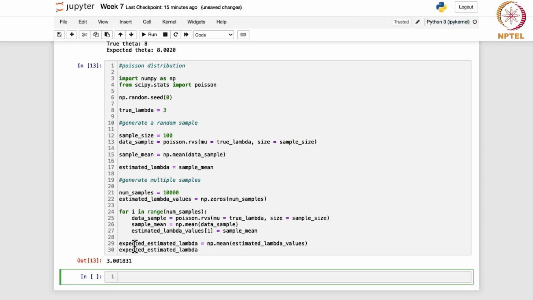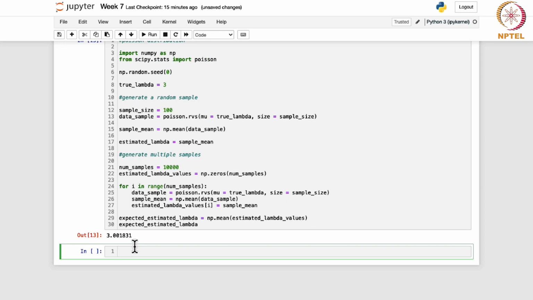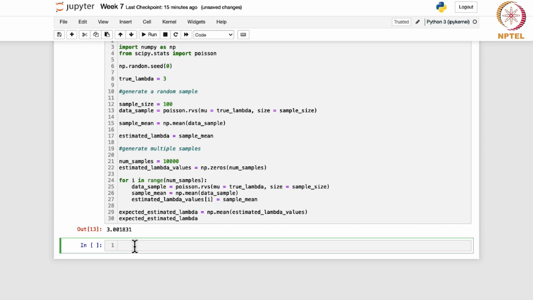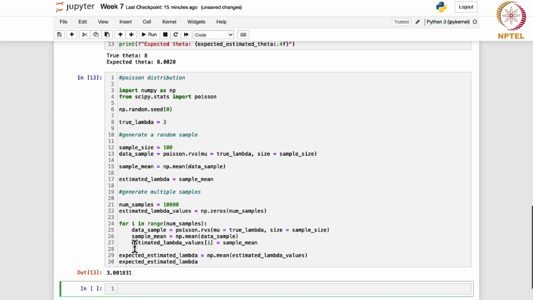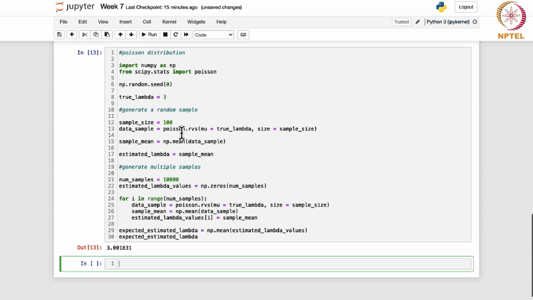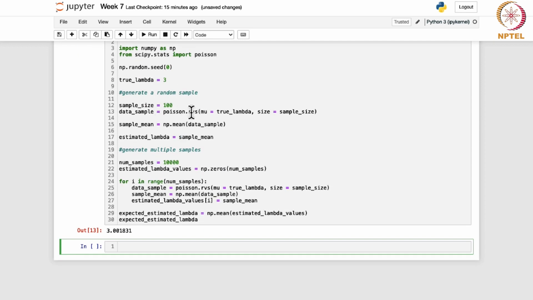So this is for Poisson. So likewise you can do for your Bernoulli distribution also. It is in the same way. You are going to import the NumPy library, and from scipy.stats you would be importing Bernoulli. Okay. You will define your true parameter, what it is. You will generate a random sample for this. And then finally you will generate multiple samples and calculate the expected value. So if you want, I can quickly write it for Bernoulli